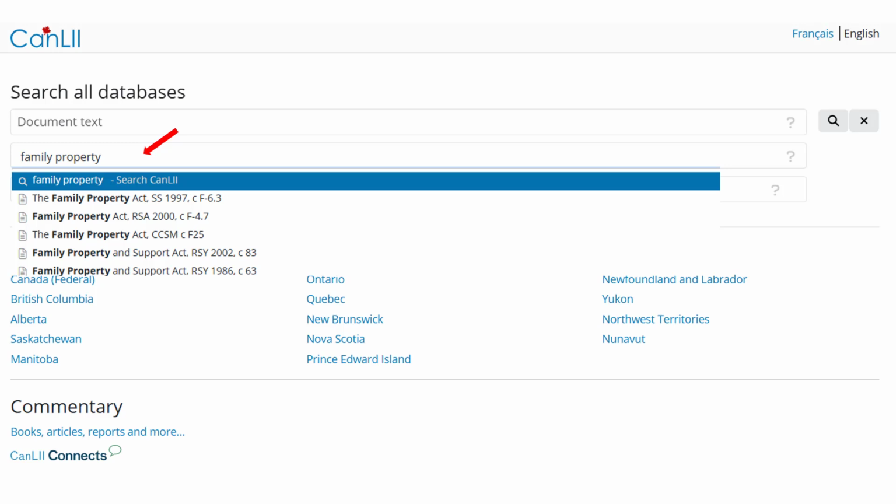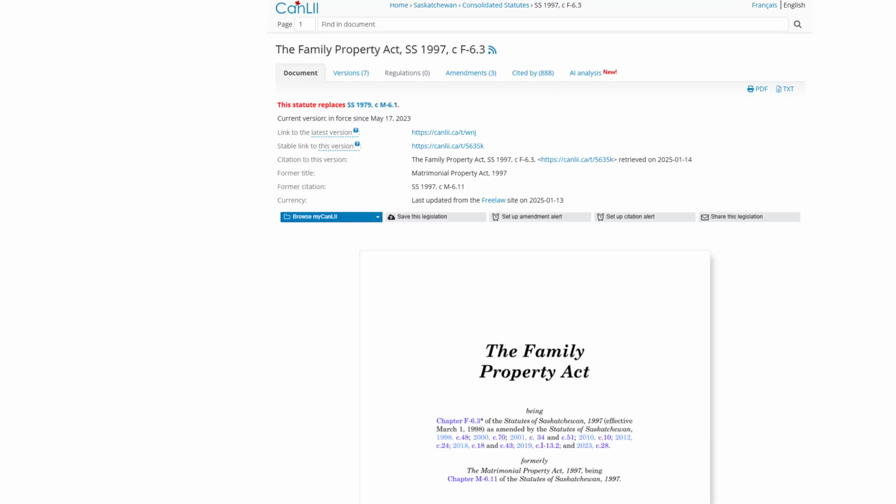Alternatively, we could select Saskatchewan from the list of provinces below to browse through an alphabetical list of legislation in Saskatchewan. Clicking on the name of the statute, the Family Property Act, SS 1997, Chapter F-6.3 here, opens a copy